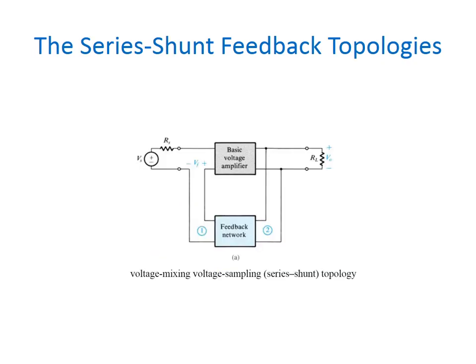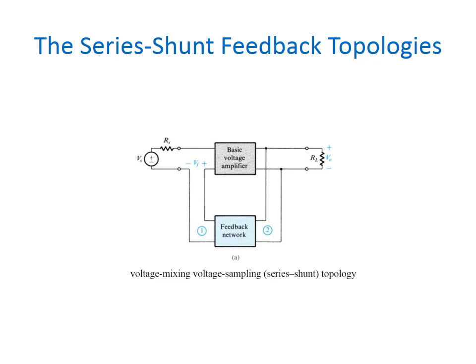So first we are going to see the series shunt feedback topology. In this type of circuit, a portion of the output voltage is applied to the input voltage in series through the feedback circuit. Here it is apparent that the feedback circuit is located in shunt at the output, although in series at the input.